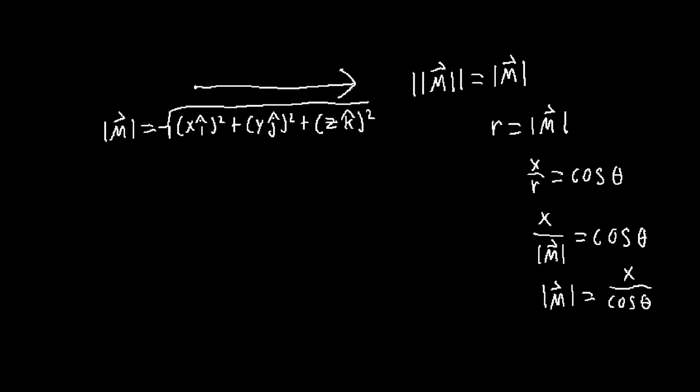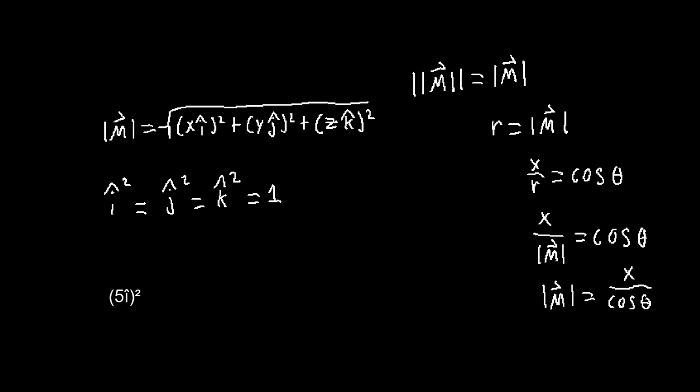Here we can see that our equation is very similar to the Pythagorean theorem. The only difference is that instead of having x, y, I becomes 1, which just leaves us with